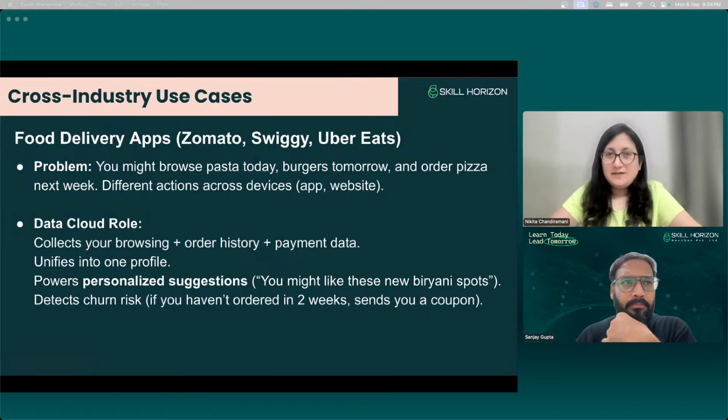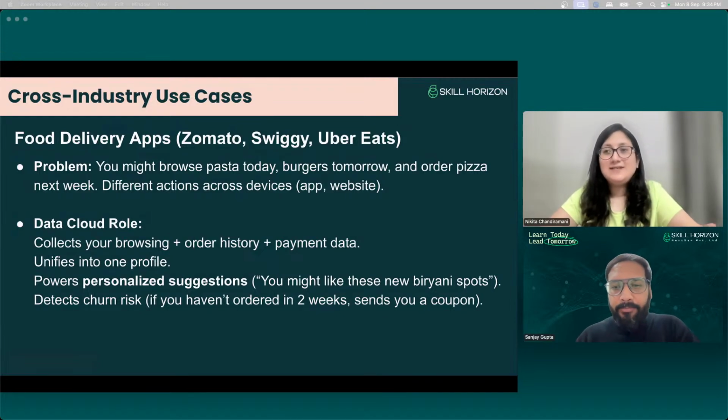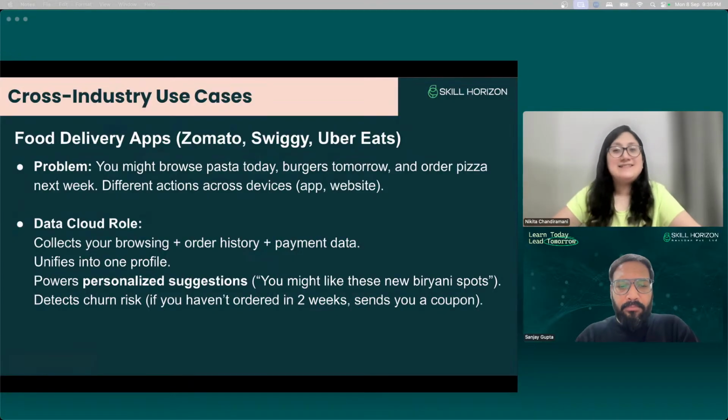So what will happen is, if you're going to chase that particular dish for a longer period of time, there could be a possibility that they would give a 10% discount, maybe exceptionally to you, because you're wanting to buy that. So this is how the user history is being noted down. It collects your browsing or order history plus payment data, like in what range are you paying. Let's say that the order history is maybe $15 to $20. So they would give you access to those particular restaurants that are within that range.